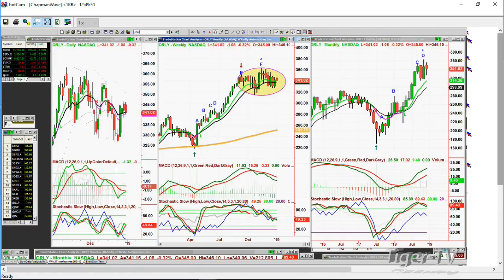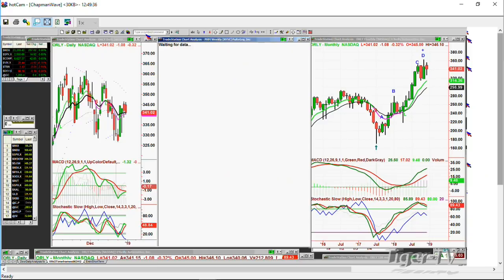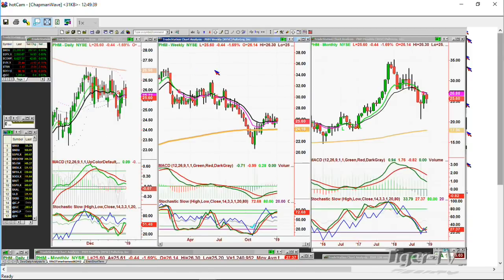PHM. That's Pulte Homes. Pulte Homes right now. Is that also going to be slow? I don't like this. There it is. Pulte Homes trading at 25.60, down 44 cents. That weekly chart says it's trying to establish higher lows and higher highs, but at the same time, Pulte Homes trading at 25.60, down 44 cents, says to me that